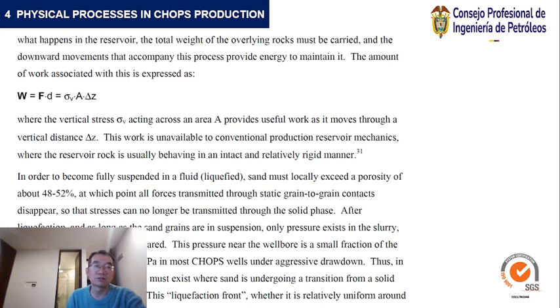The amount of work associated with this is expressed where the vertical stress acting across an area A provides useful work as it moves through a vertical distance. This work is unavailable to conventional production reservoir mechanisms, where the reservoir rock is usually behaving in an intact and